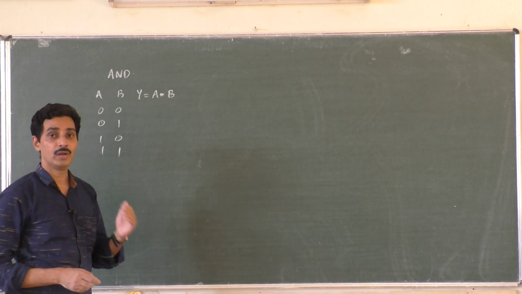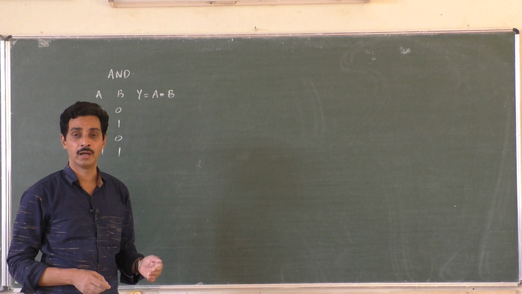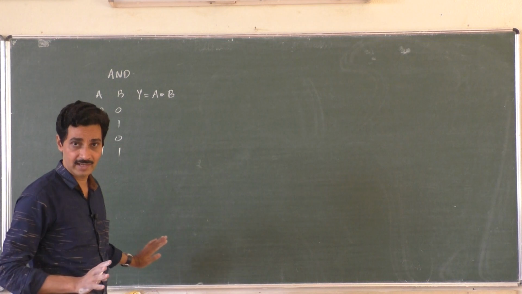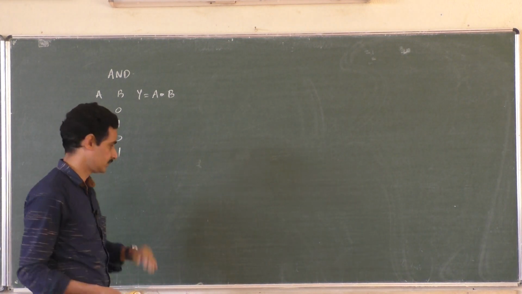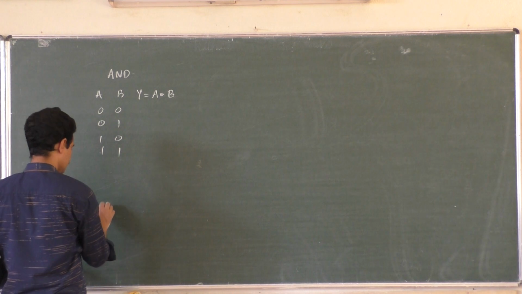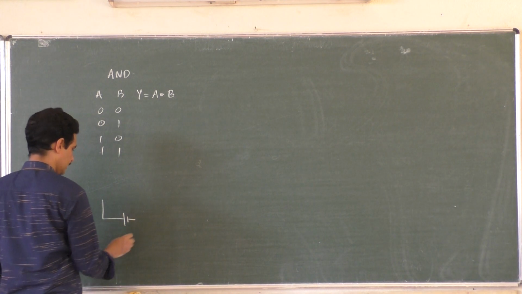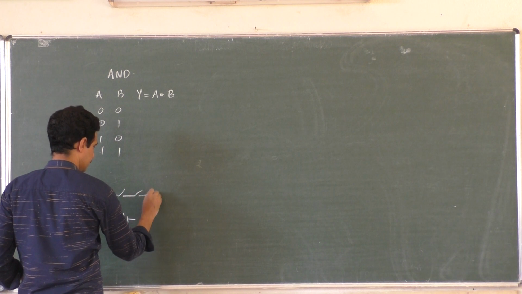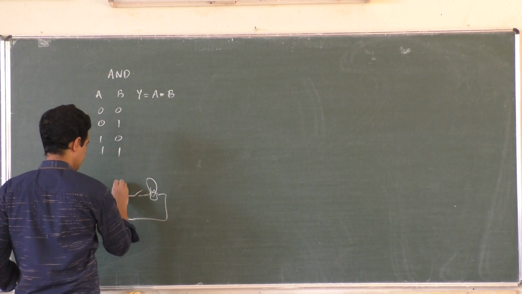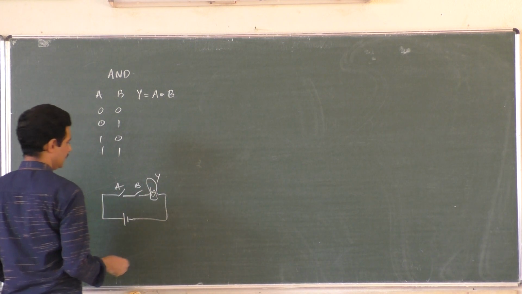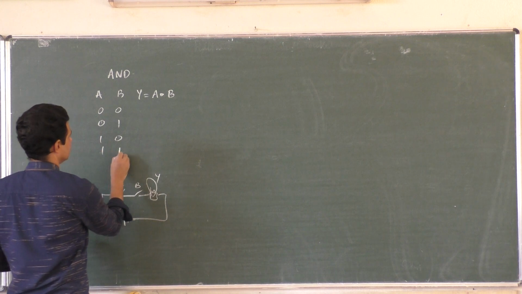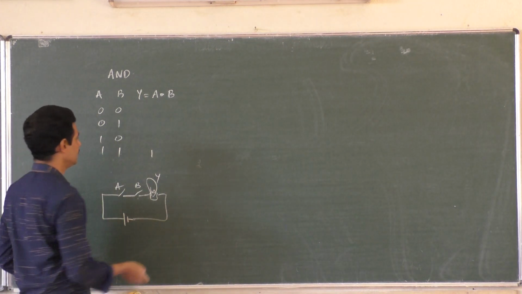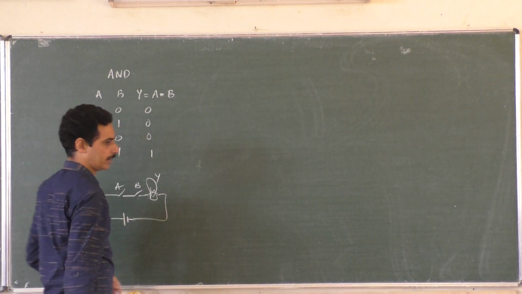It gives output only when both the inputs are on. So shall we realize it using a wrong circuit, right? This is not a right circuit. I am giving a wrong circuit to realize it. It is like this, AND gate. This is not the circuit inside the computer. I have a switch here, I have another switch and a bulb. A, B. This is Y. Bulb will be on only when both are on. A on, B on. If any one is off, bulb will not be glowing. So 0, 0, 0. This is how we remember AND gate.